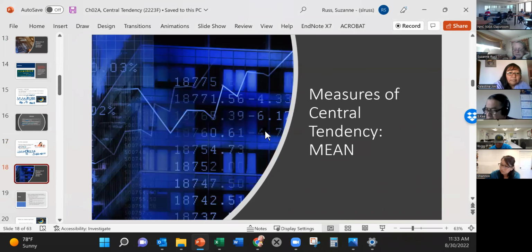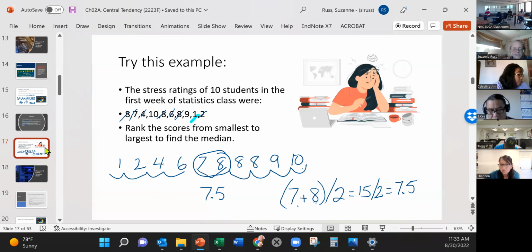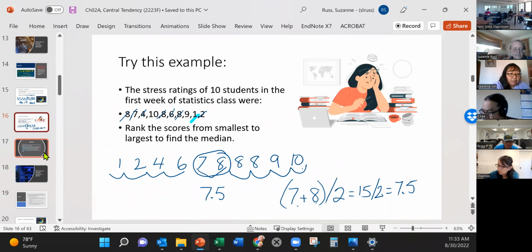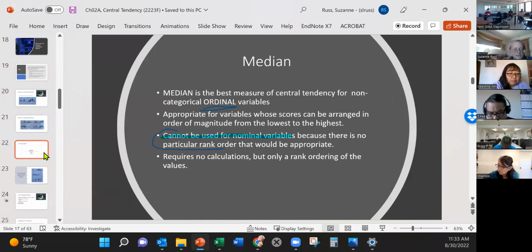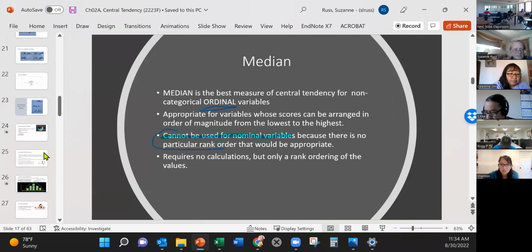Tendency that we're going to be working with in terms of what is the center of the distribution. And so mean, as you know, is just another word for, whoops, that should have gone there, I guess. Sorry about that. All right, so where is our content on the mean here?